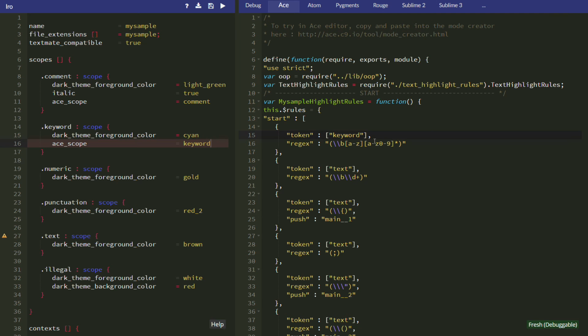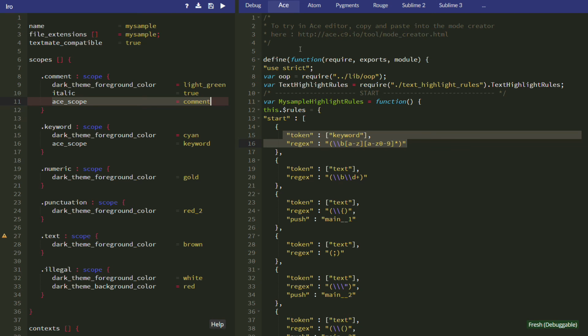So now the keyword is marked here. Now this is a bit of a whack-a-mole problem. The more scopes that you define, the more implementation scopes you have to define to have a complete set. Now you need a complete set, otherwise you'll have some syntax highlighting that actually won't be